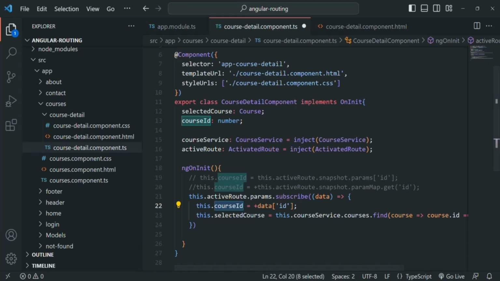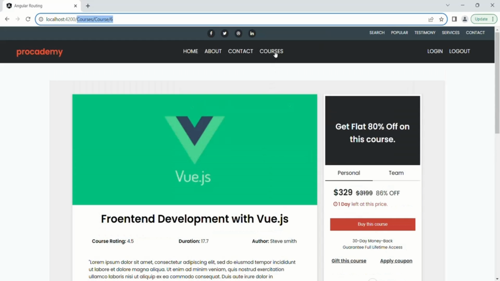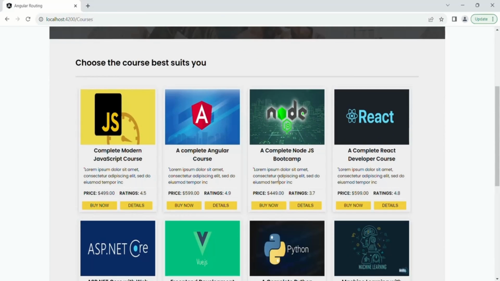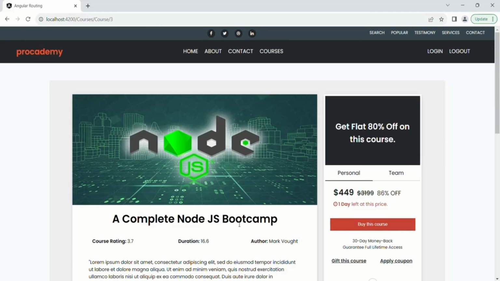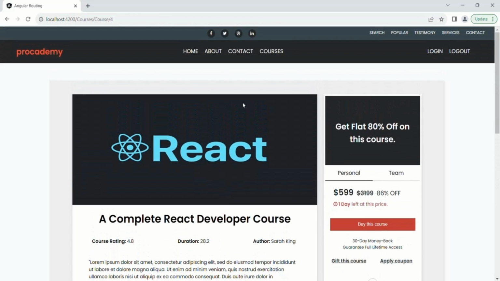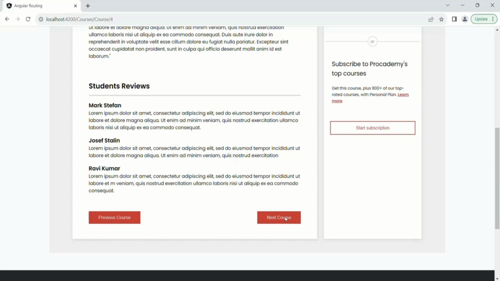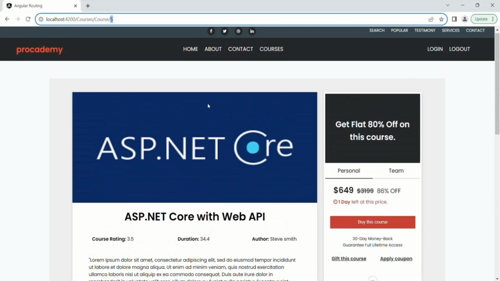So now if I go back to the web page, let's go to courses page first. From there, I will go to this third course. So I'll click on the details of this third course. Okay, so it is Node.js course. Now, when I click on this next course, the ID has changed to 4, and you will notice that the course has also changed. So now it is React course. If I click on the next course again the ID has changed, and now it is showing the details of